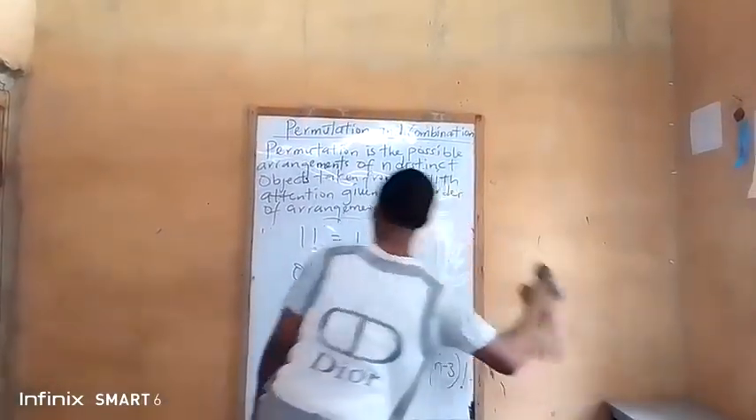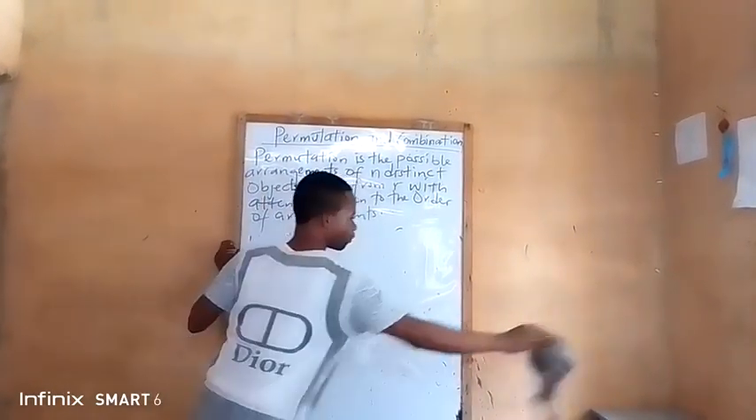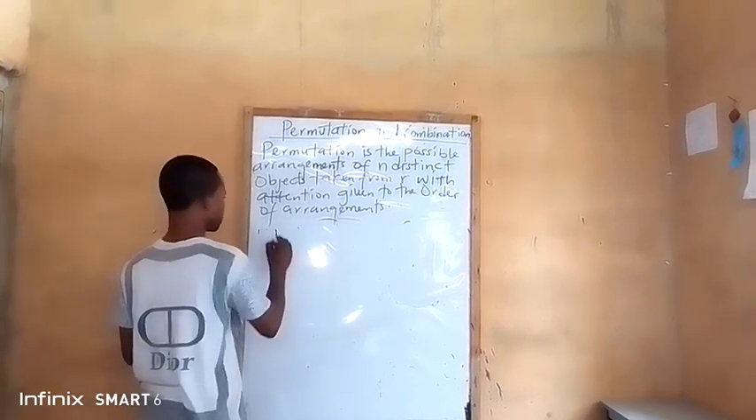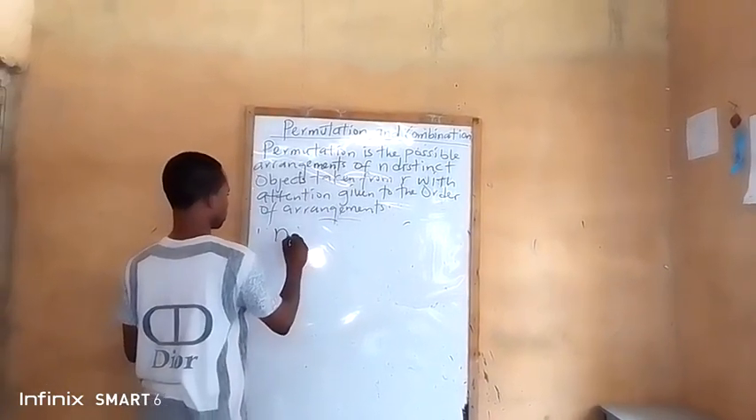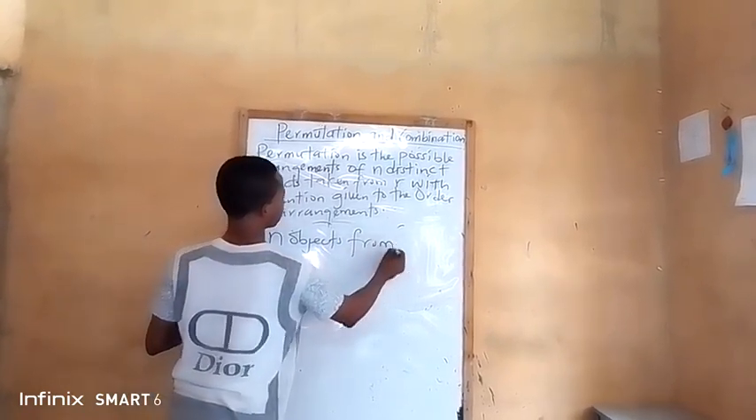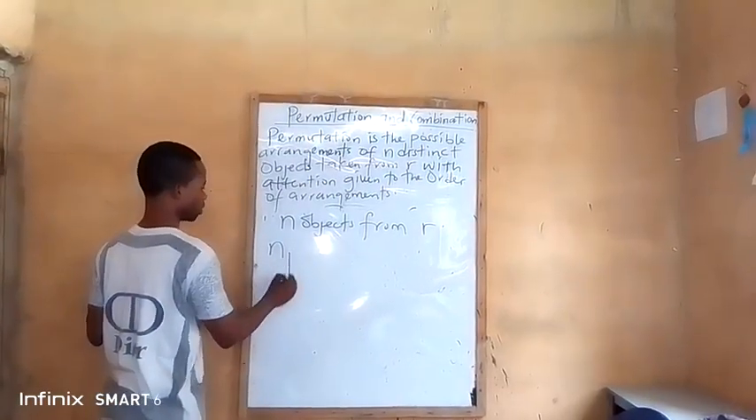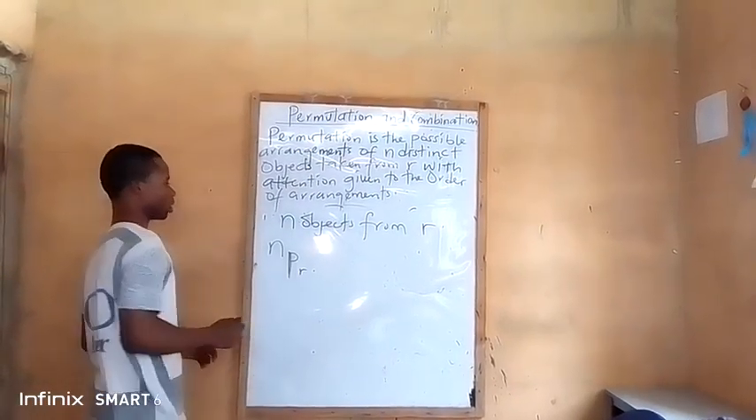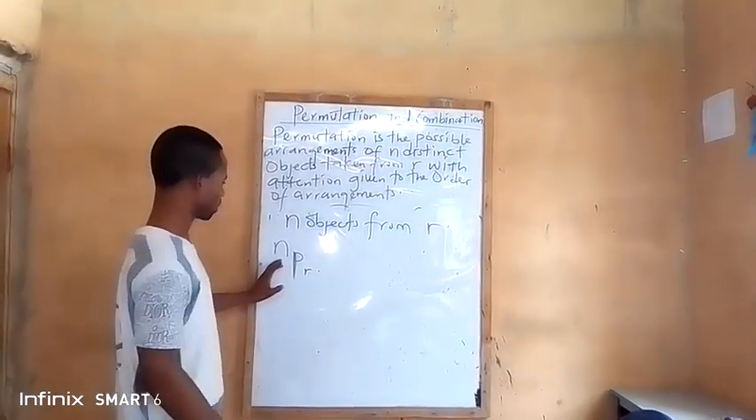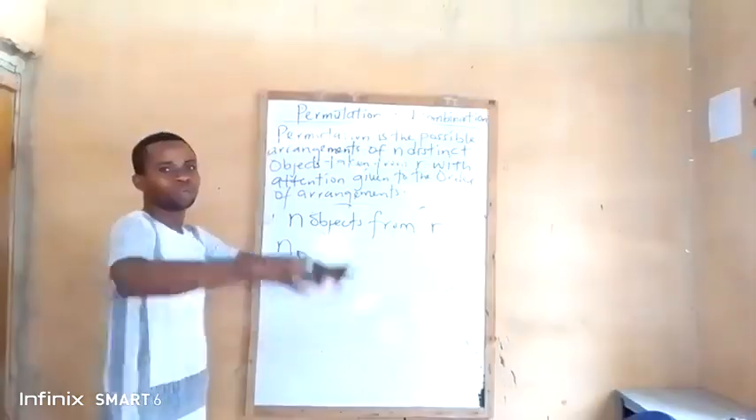Now, what's the formula for permutation? Let's say we take r objects from n. That's going to be n permutation r, the possible ways of taking r objects from the number of n objects. That means the total